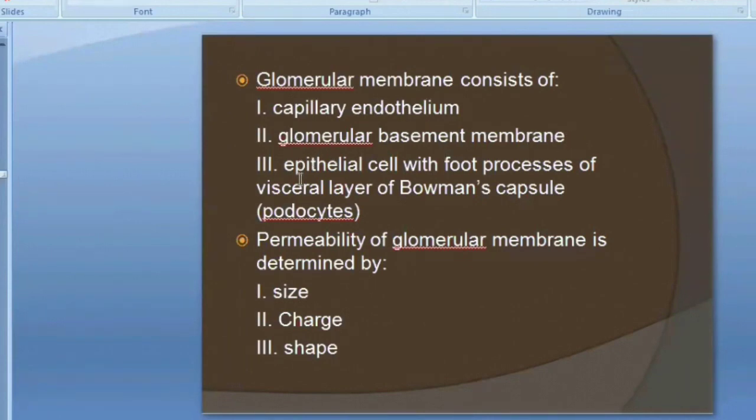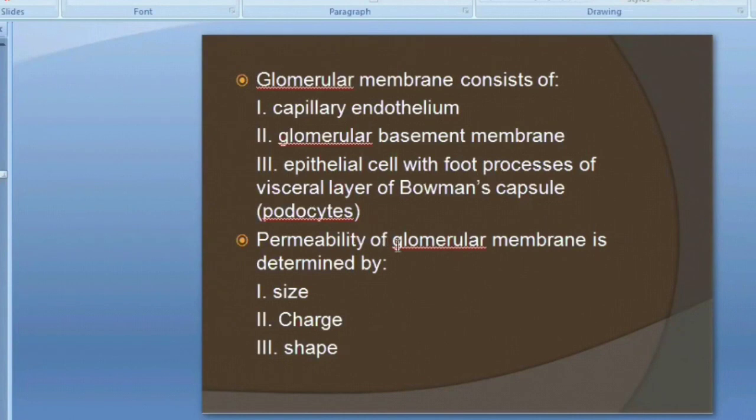Then the next constituent of the membrane is the epithelial cells of the foot processes of Bowman's capsule. That means when the plasma is filtered, it passes through the pores of the capillaries, then the basement membrane, then it enters into the Bowman's capsule by passing through the